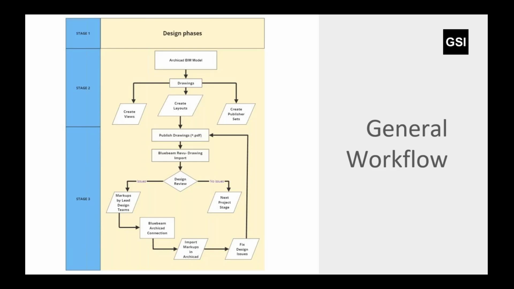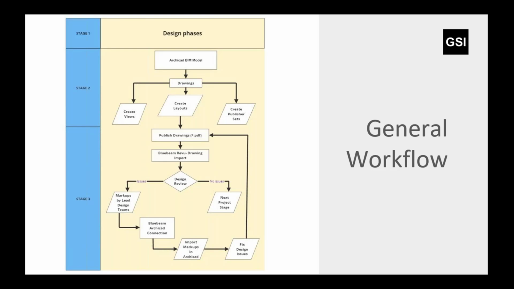Here in stage 1, we have a sample design that we will be working with. So the important stages to watch are stage 2 and stage 3. Basically, we will have this BIM model where we will create the drawings. For drawings, we need to have the views created, the layouts, and the publisher sets. Once this is done, we will be exporting these drawings,